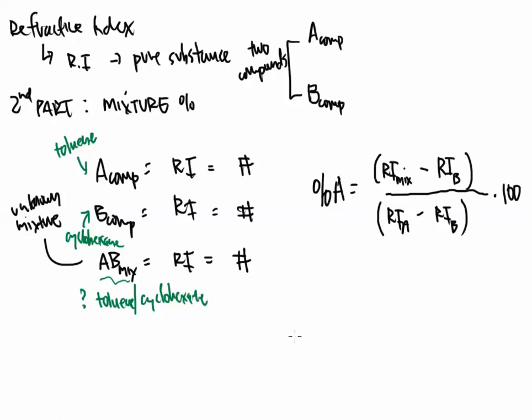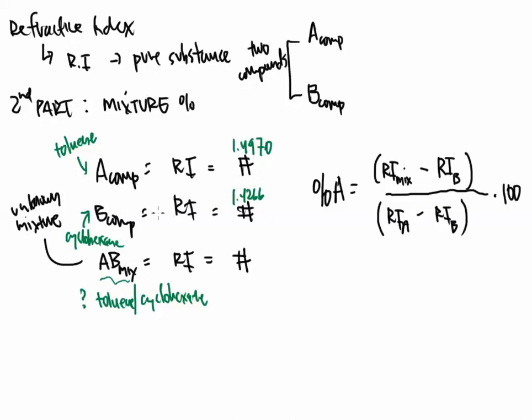And it's my job to figure out how much toluene is there and how much cyclohexane is there. So what I will do in the very beginning is take pure toluene, that's all that there is, toluene, and I put this onto the refractive index instrument. And when I put that on the refractive index instrument, I read it. And I get a value of